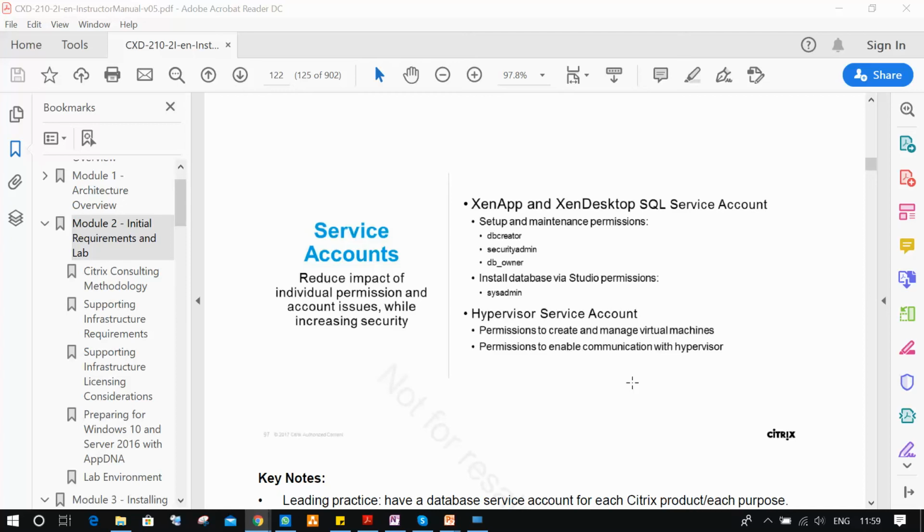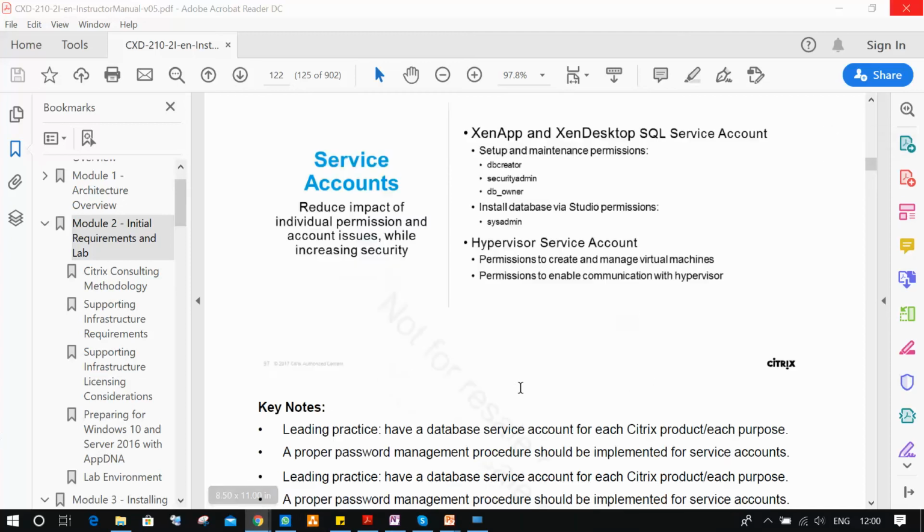for every service we create one security account. That is called a service account. Going forward, we will see how to create a service account and how to log in with the service account. Understood? Previously I explained how to create an individual username and provide admin access for logging in. Next time in the class I'll show you how to create a service account for Citrix. Understood?